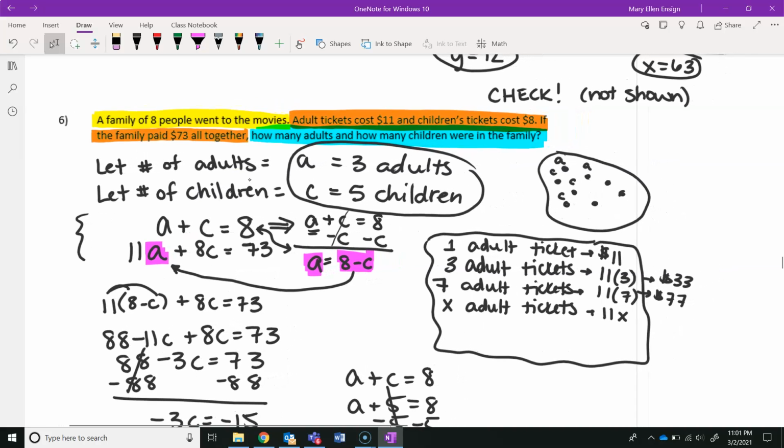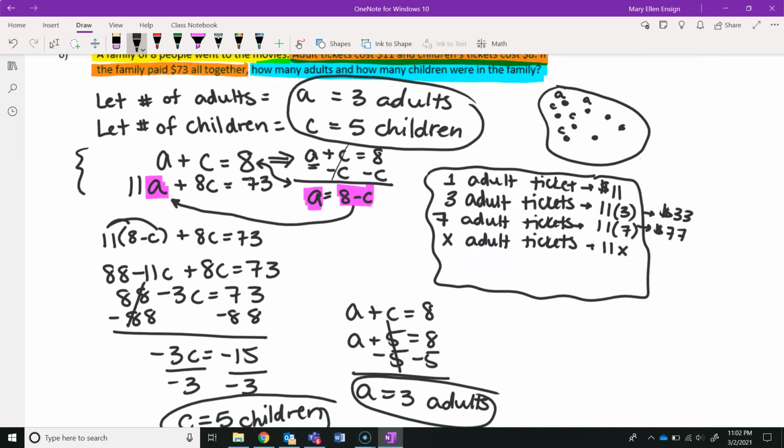So a family of 8 people went to the movies. So 3 adults and 5 children, that does make 8 people. So that's good. Okay, adult tickets cost $11. Children's tickets cost $8. If the family paid $73 altogether, how many adults and children were in the family? So let's think about this for a minute. Adult tickets cost $11. So 11 times 3 is, this is the adult money,